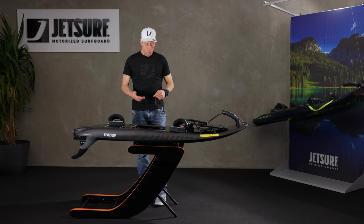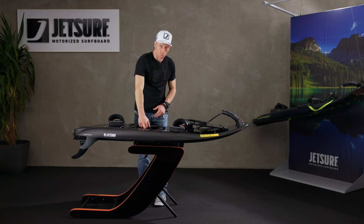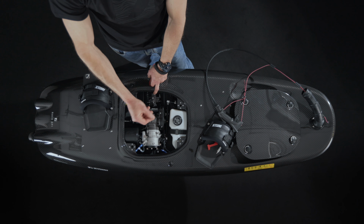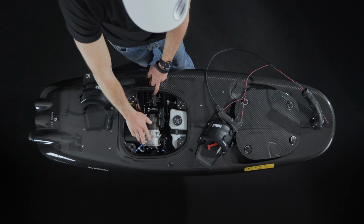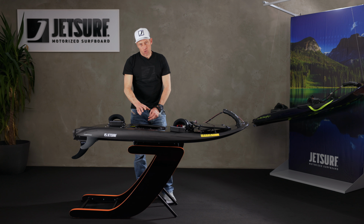So do that once or twice, a few times, just until you stop seeing any liquid or water coming out of the spark plug hole. It will look like a milky, watery substance. That's petrol mixed with water. So get all of the water that you can out, and maybe leave it drain for 5 or 10 minutes,